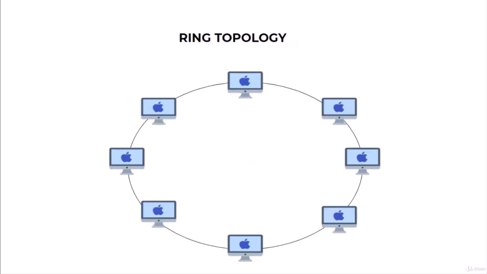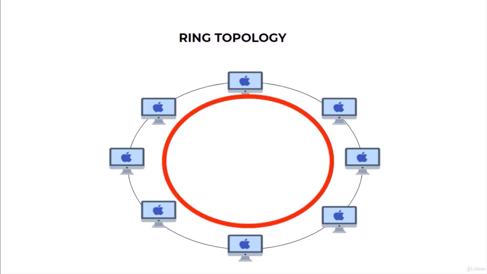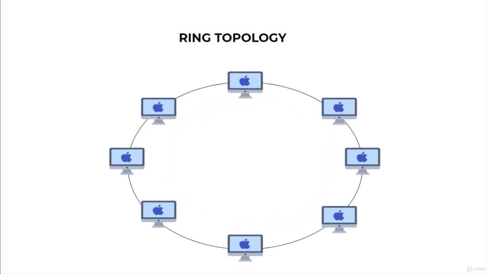Moving on to the next topology, that is ring topology. In this topology, it forms a ring connecting devices with exactly 2 neighboring devices. The following operations take place in the ring topology. Please listen clearly. One station is known as a monitor station, which takes all the responsibility to perform the